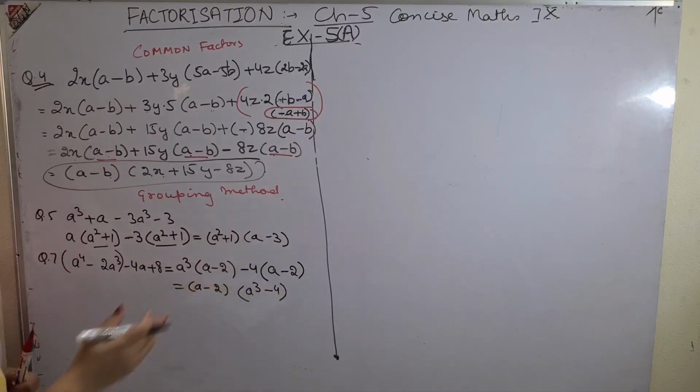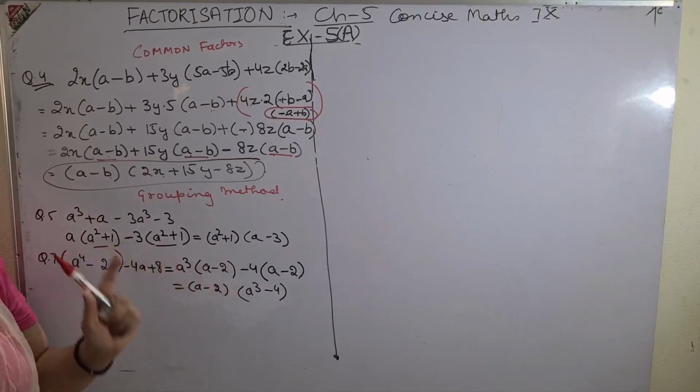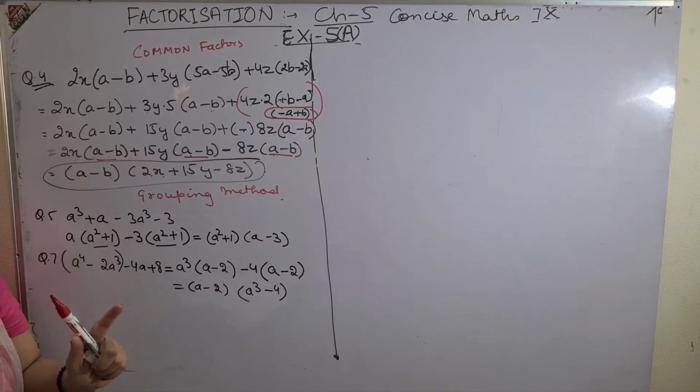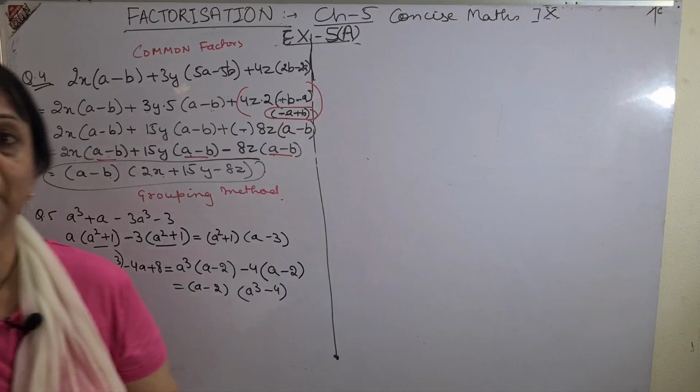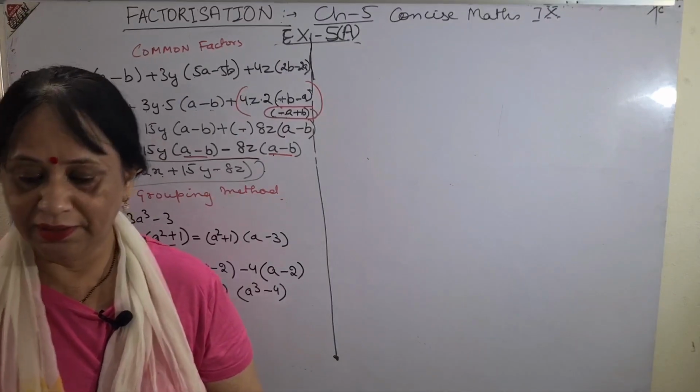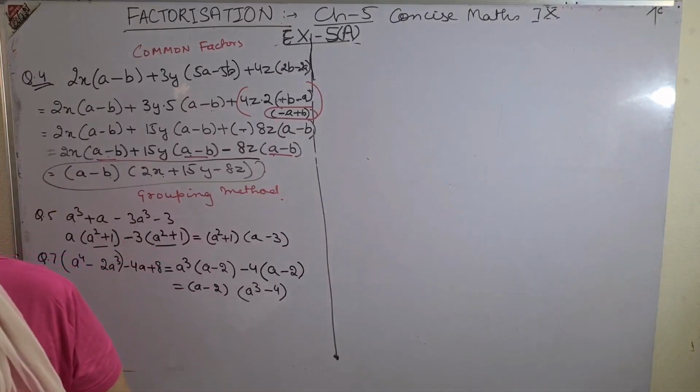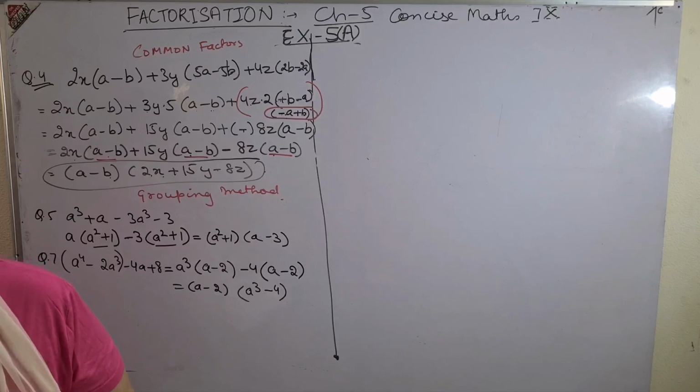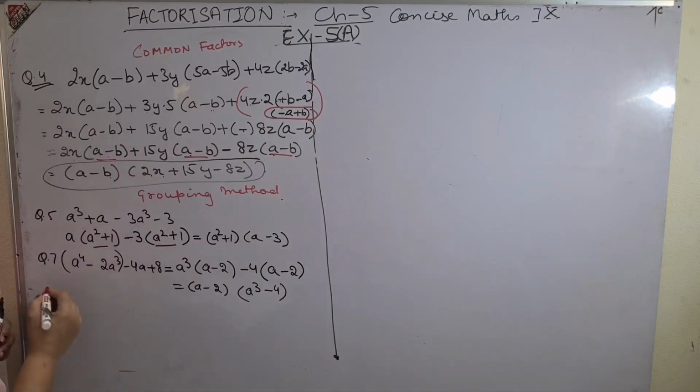And this type of question you get 3 marks in compulsory section. 3 marks question has such a one line answer. So just to understand the technique children, otherwise these sums are really very easy, trust me. Then come to question number, let it be question number 8, important one. AB minus 2B, plus A square minus 2A.